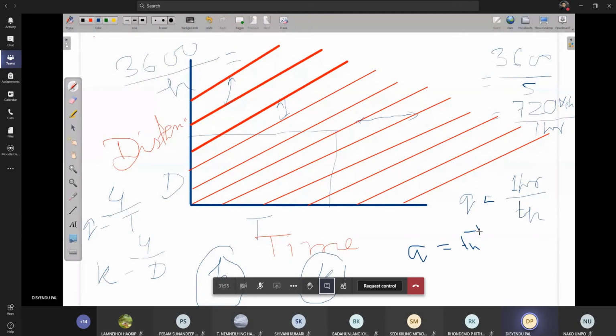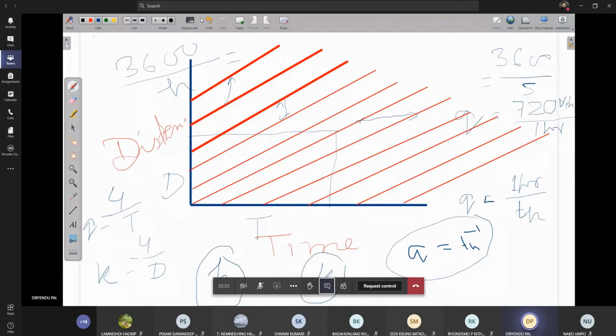Just if you look at this definition, we can easily find out that this is nothing but the flow. So flow is equal to time headway inverse. This is how we can find out the flow also, if we have the information about the average time headway. If somebody gave you the average time headway, then from this information you can find out the average flow. Similarly, let us see whether we can use the space headway.